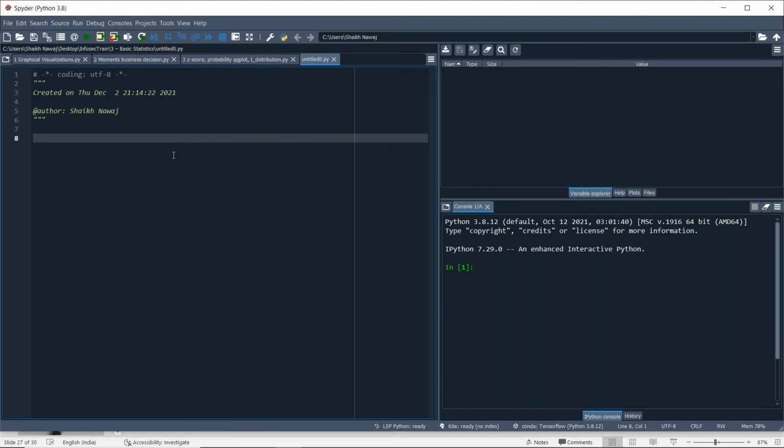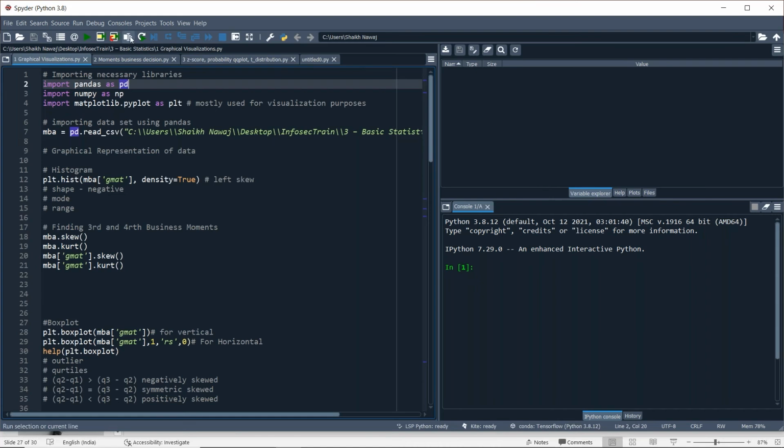And then for saving purposes. If you want to run the total file, with the help of the F5 button or run file, this green triangle, you can run the total file. And for running a particular line of code, you just use this button or F9.